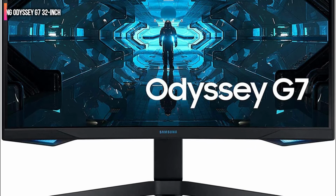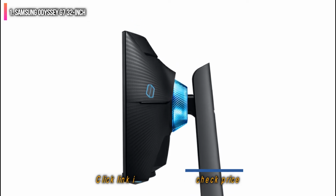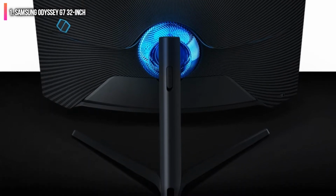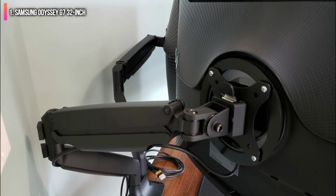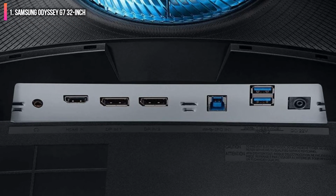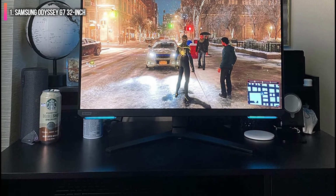Earning a 5-star rating from Tom's Hardware, the Samsung Odyssey G7 32-inch is the best computer monitor for gamers. It boasts the strongest curve currently available, 1000R, for incredible immersion, along with speedy gaming numbers. The 240Hz monitor has a 1 millisecond (GTG) response time and put up a 5 milliseconds response time score in our testing, beating some 165Hz screens by 2 milliseconds. In addition, benchmarking showed input lag at 20 milliseconds, a full 6 to 10 milliseconds faster than some 165Hz screens